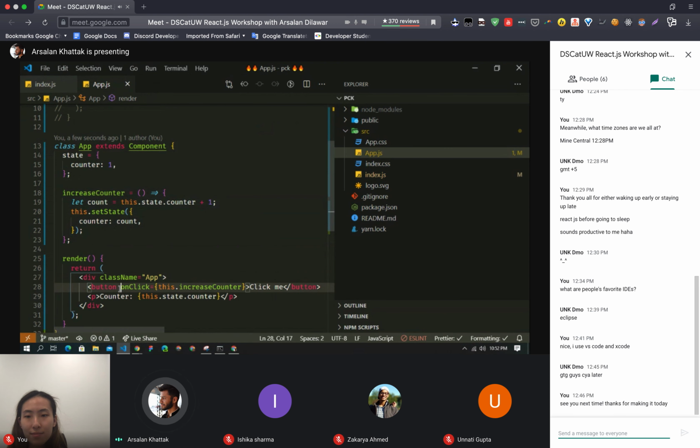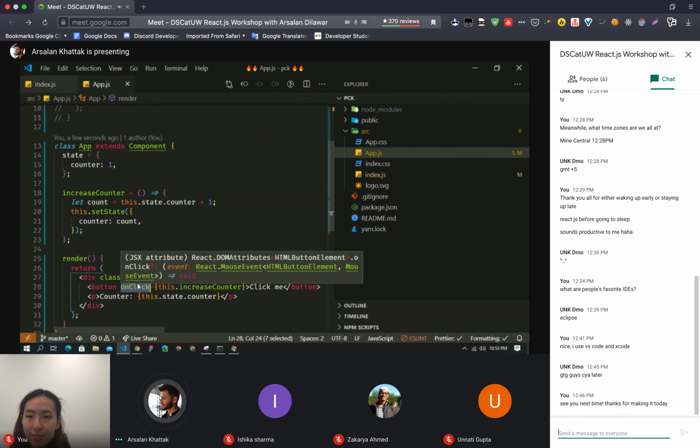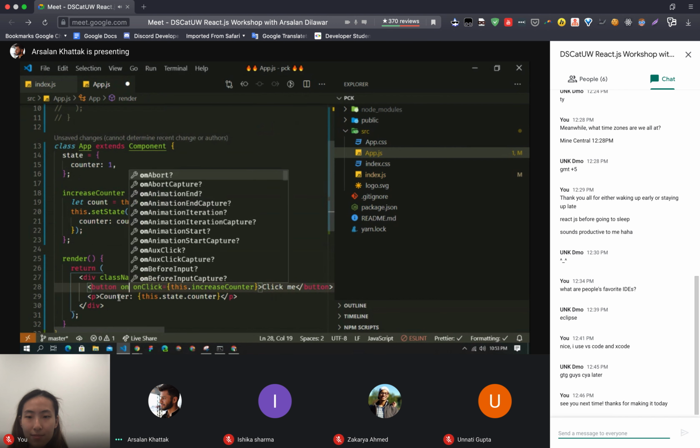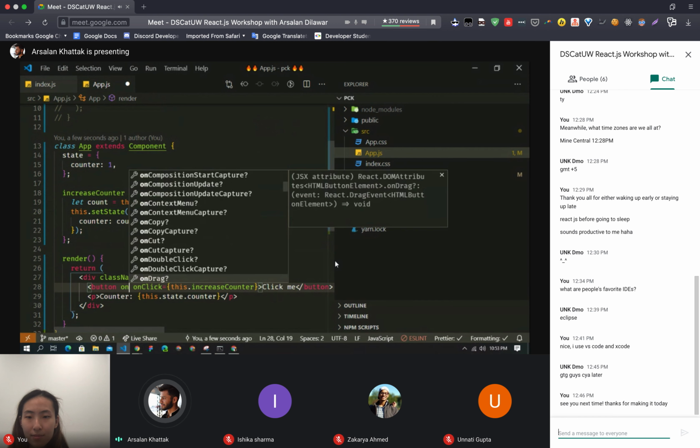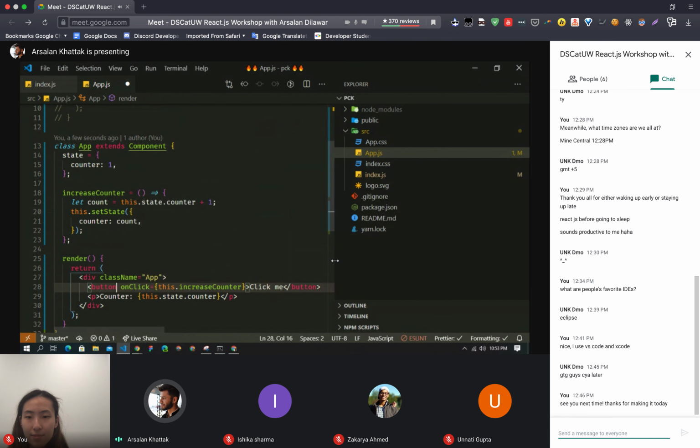We also have other event listeners that you have in HTML. We have those here. This onClick is actually available in HTML, so that is also available here. You can see this here, onAbort, onCapture. So these are all the functions, and you can use any function you want to use. So that is how you can use the functions, and that is how you can create an event handler.